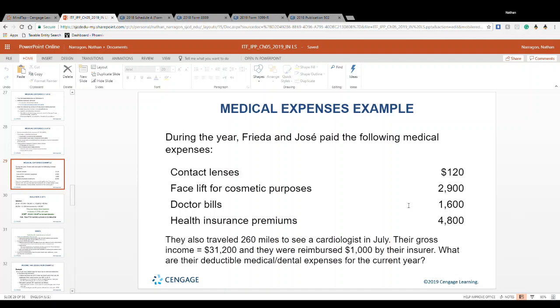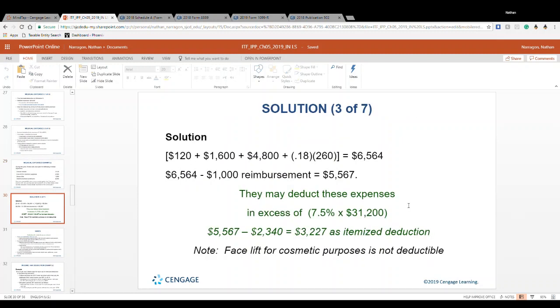Cosmetic surgeries are excluded from medical. It doesn't matter if it's been done. You cannot take them. Okay, so they are not deductible. Anything for cosmetic purposes is non-deductible. It's one of the few medical expenses we can't take. Okay, because it wasn't considered an actual medical emergency for most things. Go figure. Okay, so 18 cents times 260 for the miles